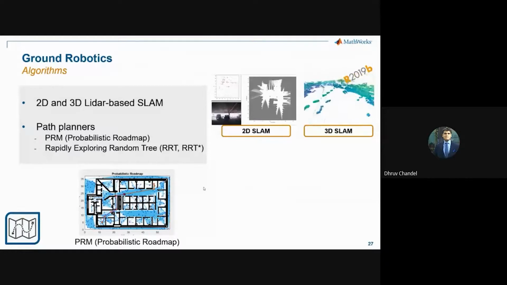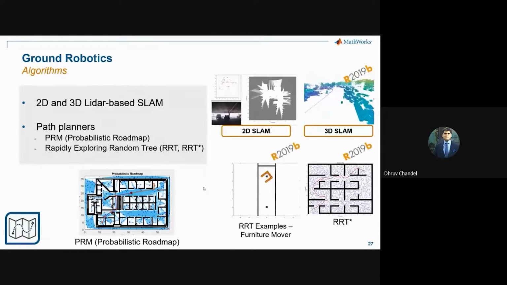So the PRM is on the left side and then RRT is on the right side. So what RRT does is it's basically just generating a random tree. So it generates lots of points and then from that it grows lots of different paths. And then it tries to minimize the total distance that you have to travel along these paths. It tries to reduce the deviation. And over time, it's able to come up with something efficient.